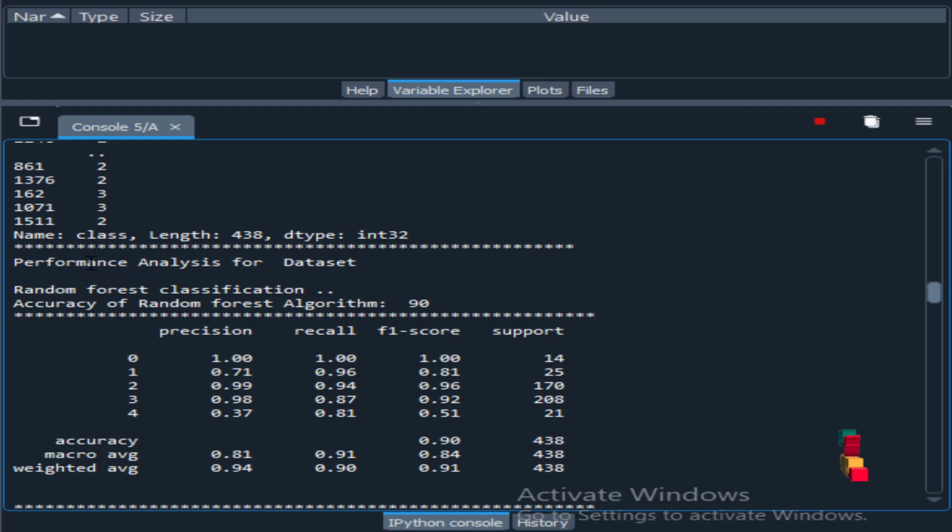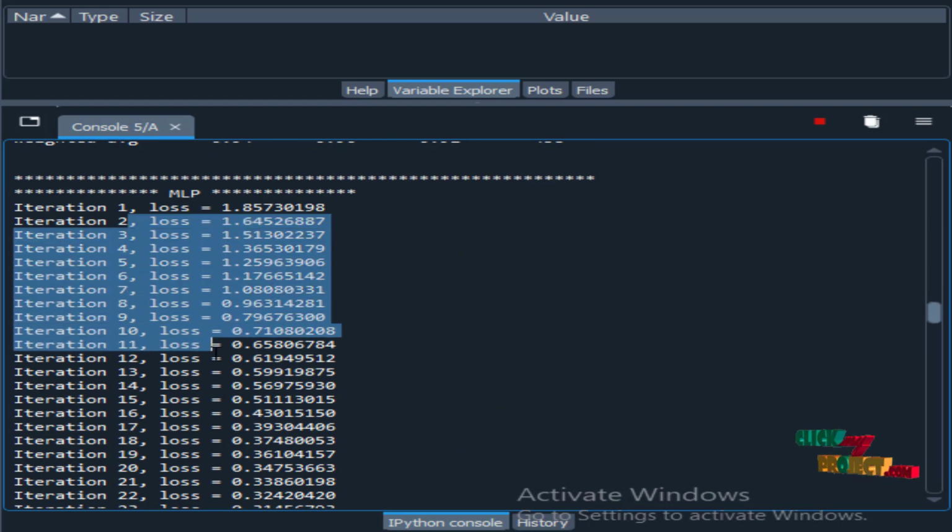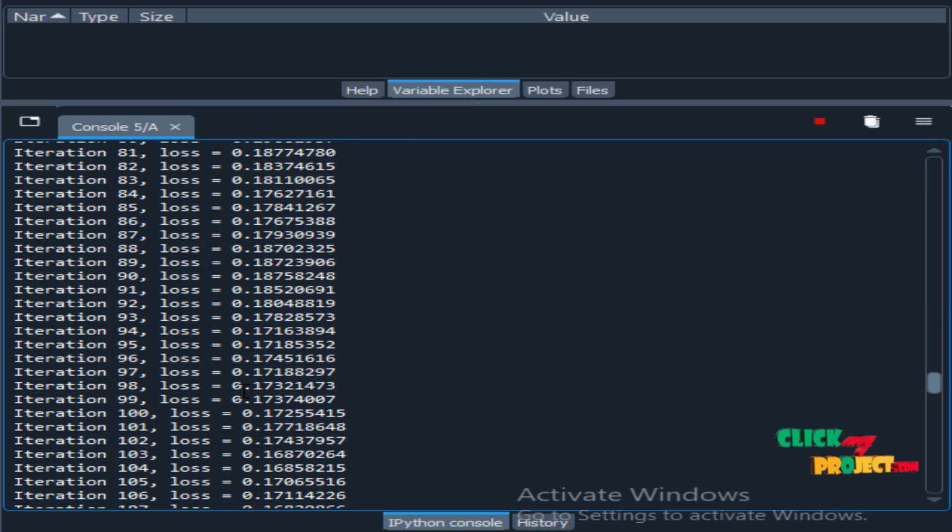After that we are going to apply algorithms on the data. The random forest algorithm gives an accuracy of about 90, and this is the MLP algorithm.